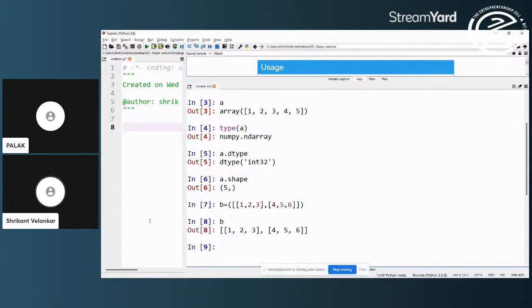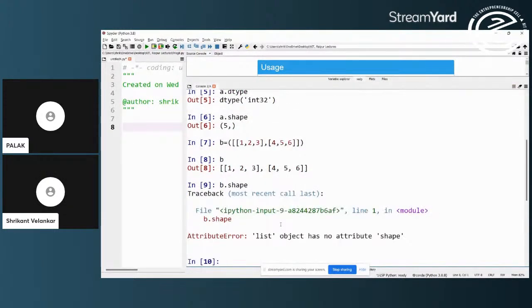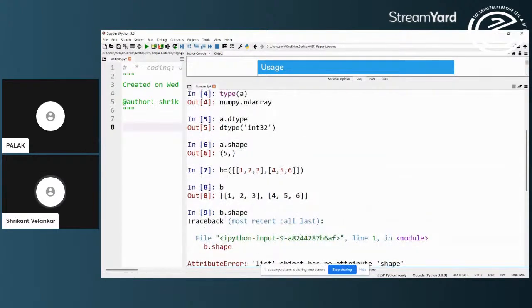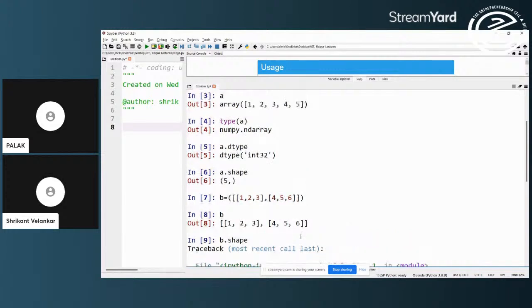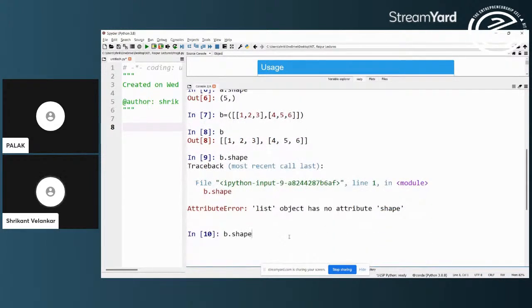Now if I say what is the shape of B? Sorry, I have not created the array. Just a minute. What we will do is I will create B again. B is not this.